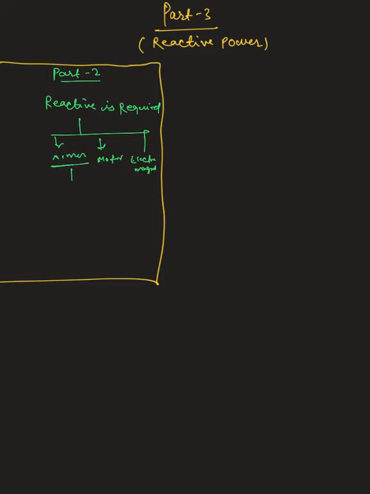In a transformer there has to be flux for it to function. For a motor to rotate, it has to generate some rotating magnetic field in case of an induction motor, and in case of any other motors we require flux for it to operate, and for generating the flux we require reactive power. So up until now we have understood that reactive power is required; however it is useless but still necessary. Now today we'll be talking more about reactive power and problems associated with reactive power.